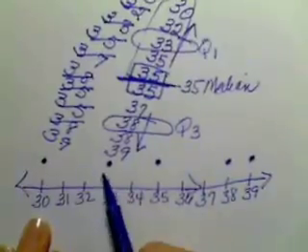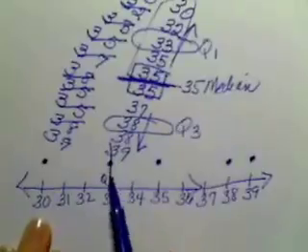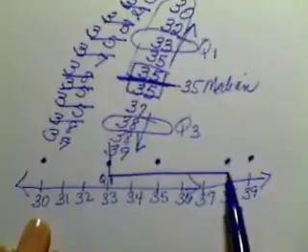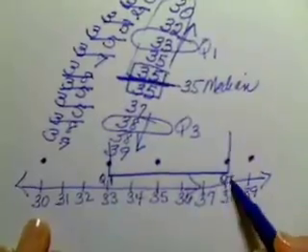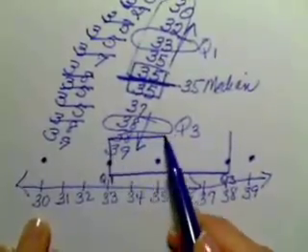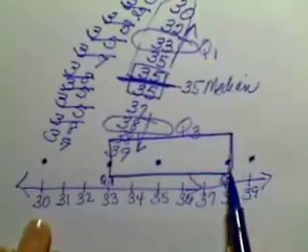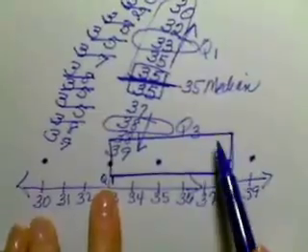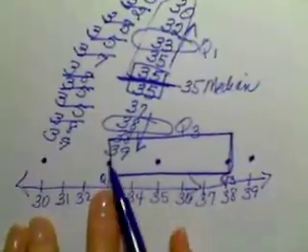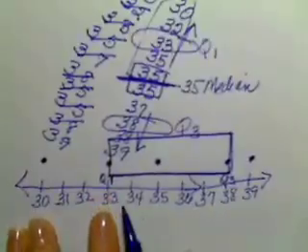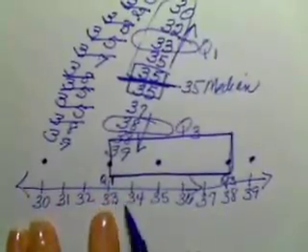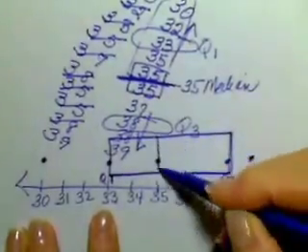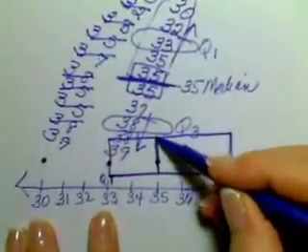At quartile 1, I'll make a segment and a rectangle all the way to quartile 3. So I'm making a rectangle from quartile 1 to quartile 3. Half of the data values fall in this rectangle. Half of the data values fall between 33 and 38. I put a line where the median is,